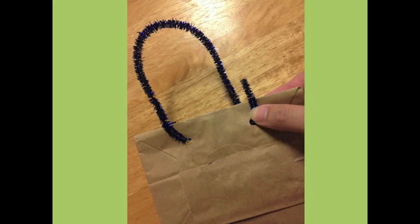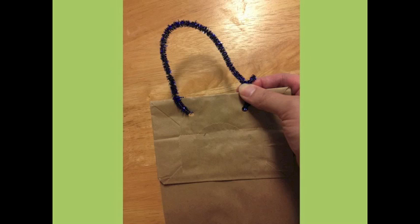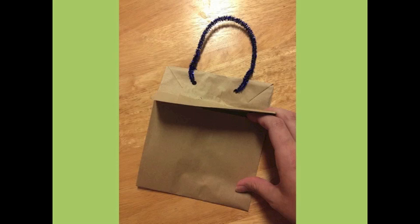Alright, so just like we did with the first side, we are just going to twist a little bit to make that one complete handle, like you see in this picture. And then once you're finished twisting, it should look like a bag where the flap kind of opens up and you've got what my kids like to call a secret spot in the middle